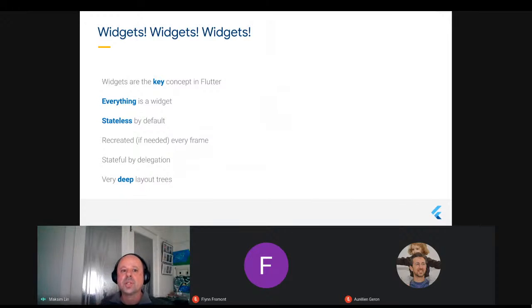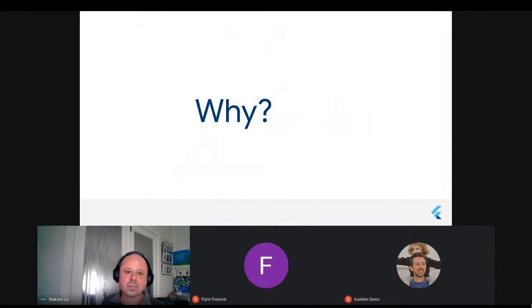So that's another characteristic of Flutter, these very deep layouts. For people who may have worked with web development, it's very similar. Often if you view source on a web page, you will see very deeply nested hierarchies of HTML tags. And Flutter works in a very similar way. It has these very deep trees of widgets.